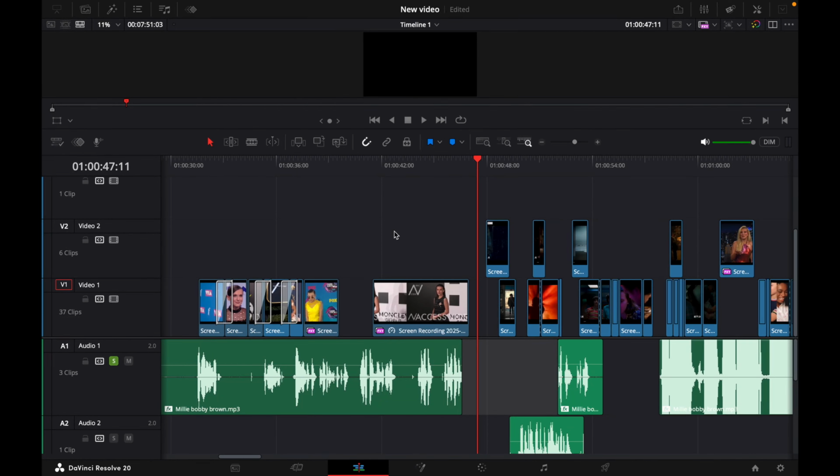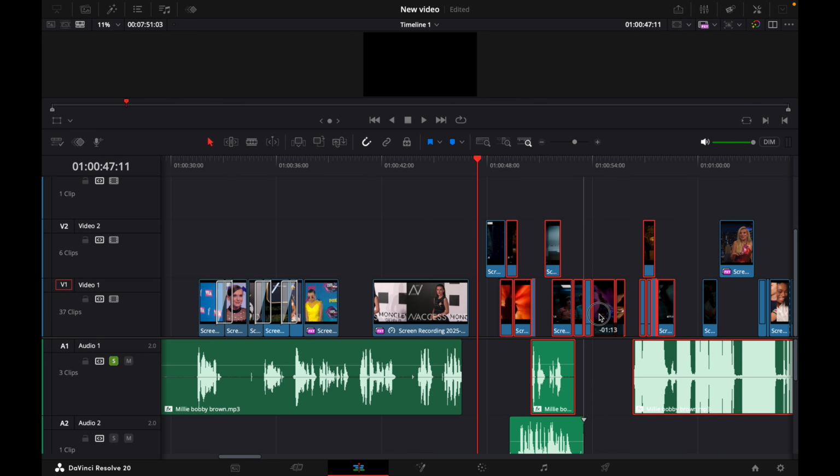Hey everyone, today we are going to learn how you can move your clips in DaVinci Resolve. There are several ways you can do it. First one is very simple. You have to select all the clips you want to move like this and drag this to move left or